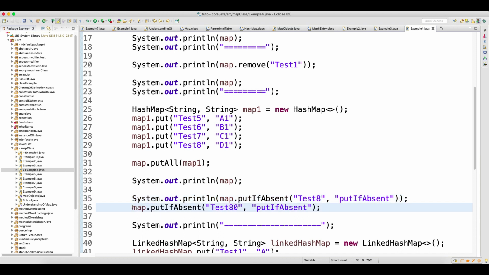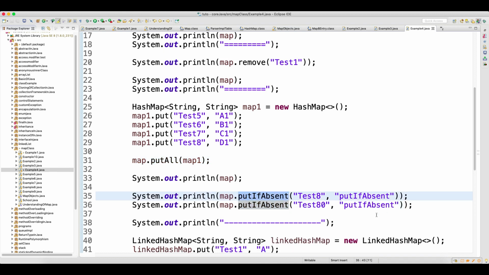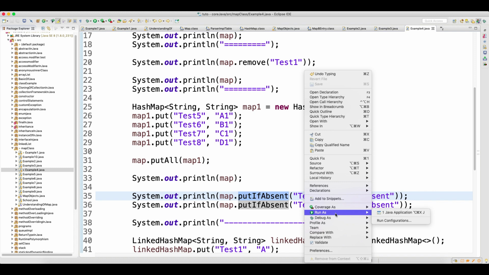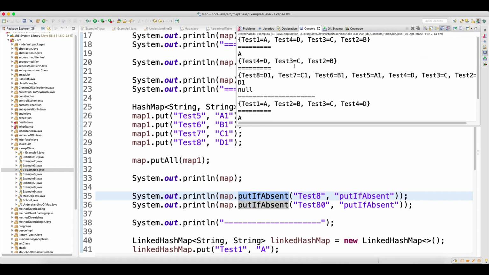Also try to print both methods. So there are three put methods: put, putAll, which adds a whole collection, and putIfAbsent. Let's see how the outputs come, because by analyzing the output we will understand everything.